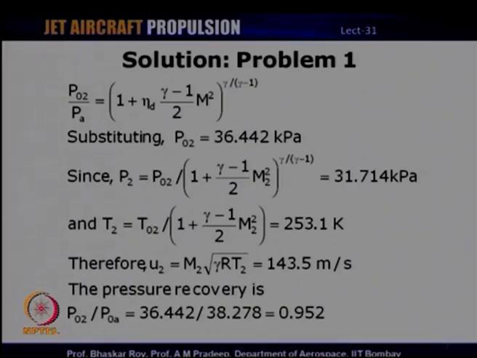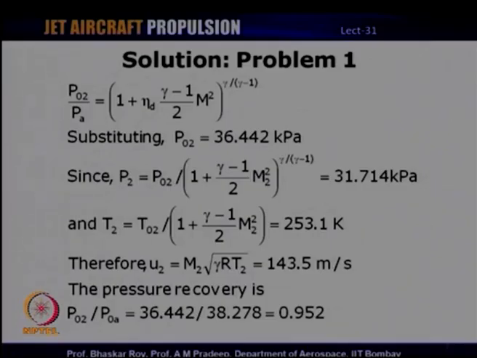Pressure recovery, as we know it, is the ratio of the stagnation pressure at the intake exit to the stagnation pressure at the intake entry. Between P0A and P01 there are no losses, therefore, P01 should be equal to P0A, and therefore, pressure recovery is P02 divided by P0A. P02 we have calculated as 36.442, P0A we know is given, that is 38.278. So, the pressure recovery is